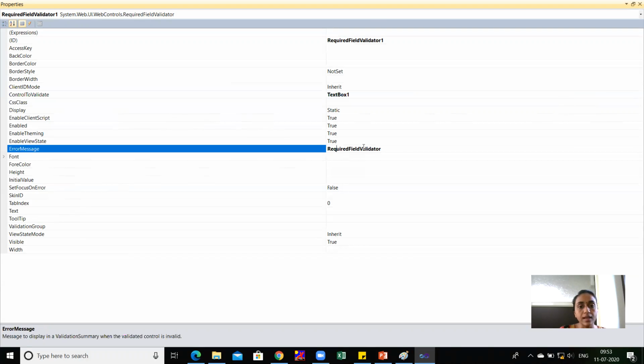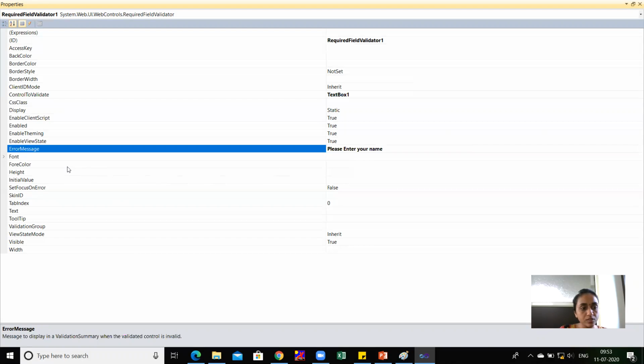Now I'll set its ErrorMessage property. So here the error message will be: please enter your name. This error message will be displayed when you leave this place empty.